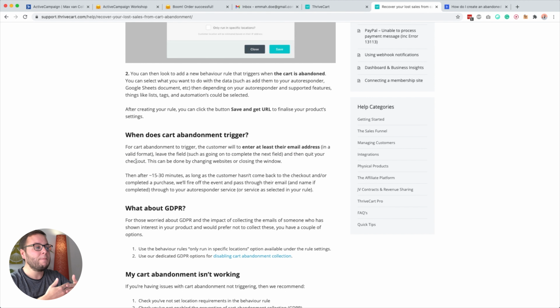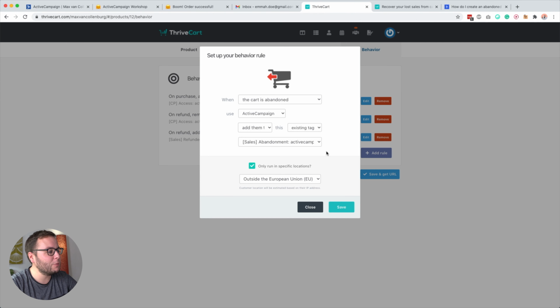So they're giving you their email address, and then after 15 to 30 minutes, as long as the customer hasn't come back to check out or complete their purchase, we will fire an event and then it will pass the email to ActiveCampaign. That is pretty cool, but if you're based in the EU, then you really want to make sure that you check this on, because people otherwise don't give you permission for their email address. So then you're not allowed to do that.